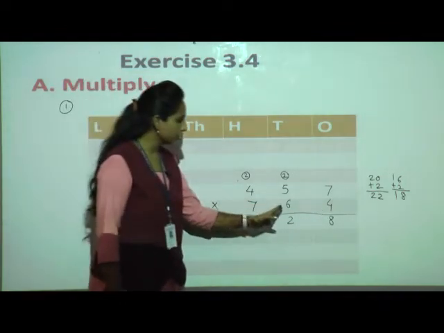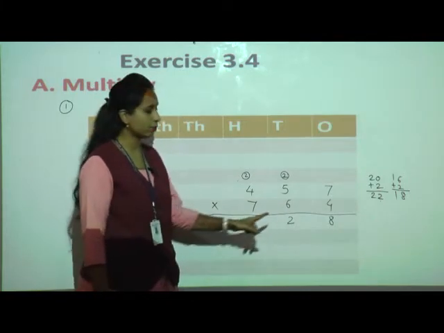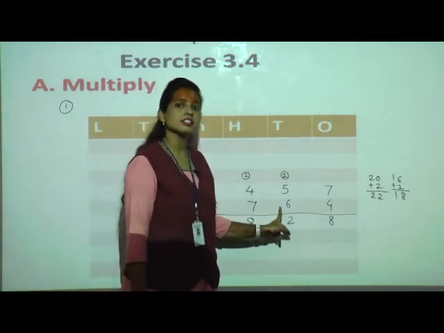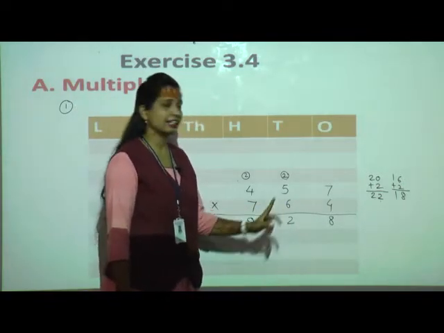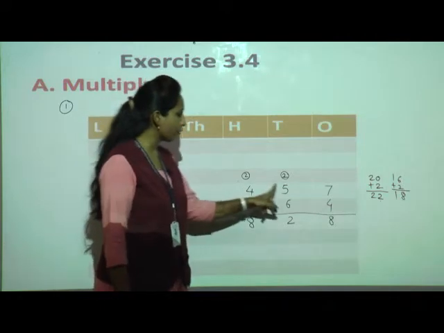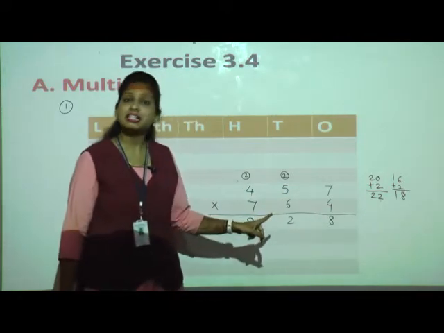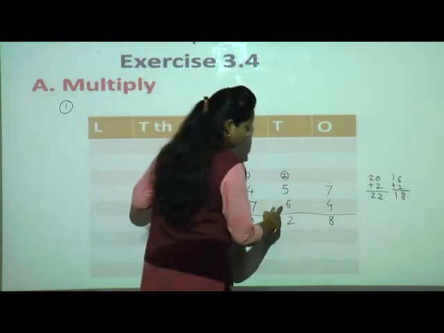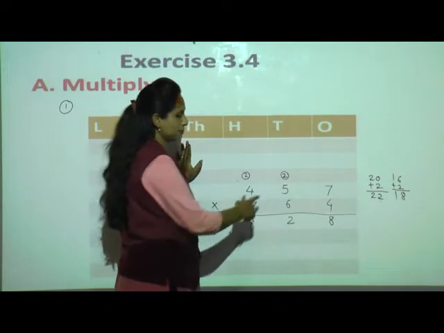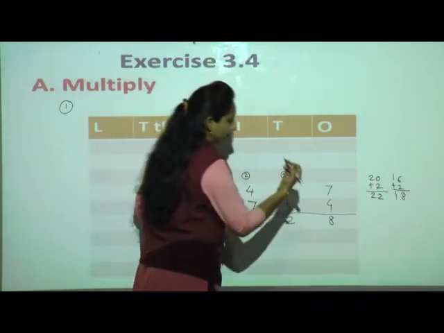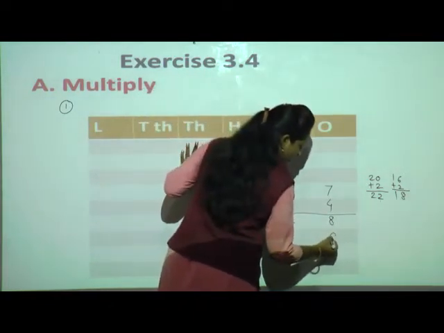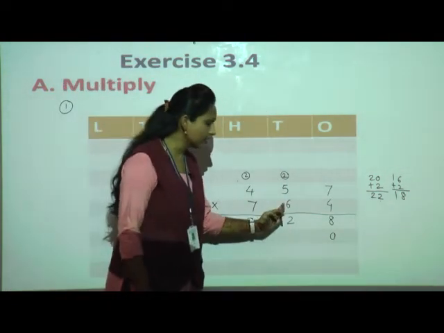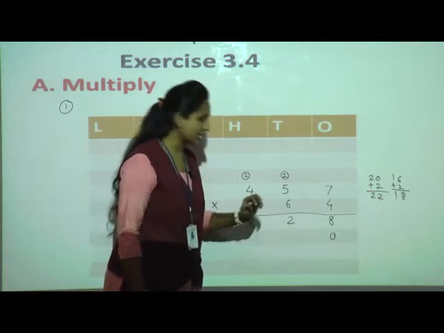Now we have to do the multiplication of the tens place. What is there on the tens place? 6. Isn't it? 6 tens means 60. So in that case, now what we have to multiply? 457 multiplied by 60. So here what we can do? Now we are doing the 6 on the tens place, so we should start from the tens place. So for that, on the ones place you should put 0. Now you can start with the 6 only from the tens place.